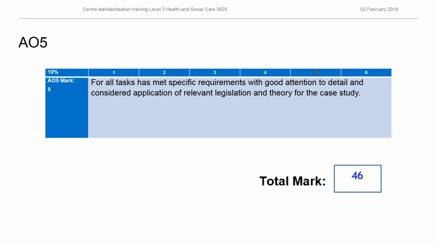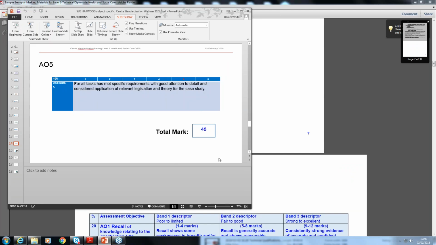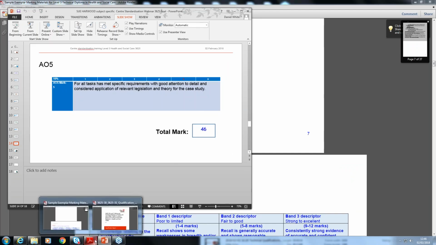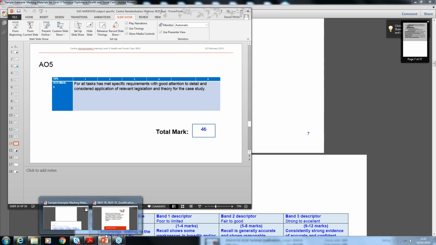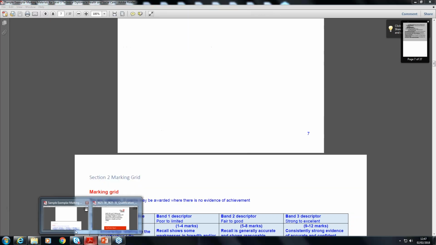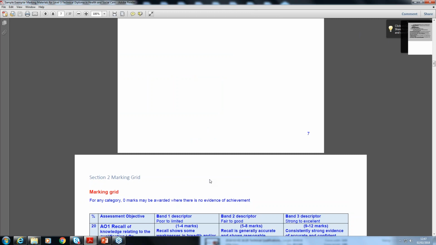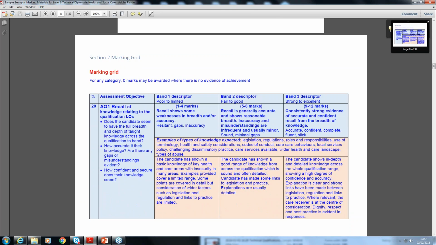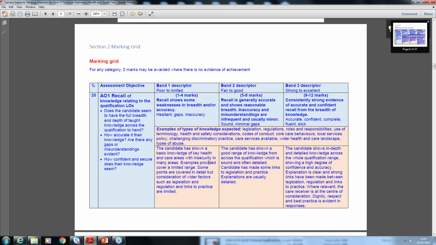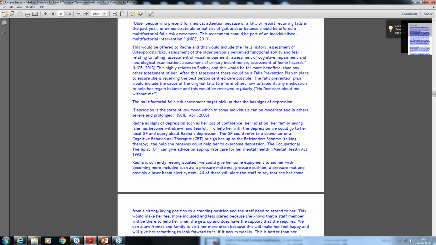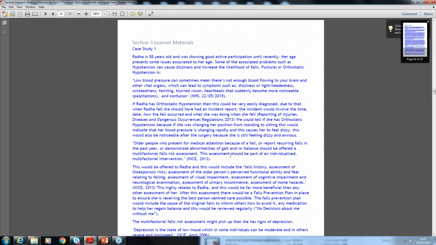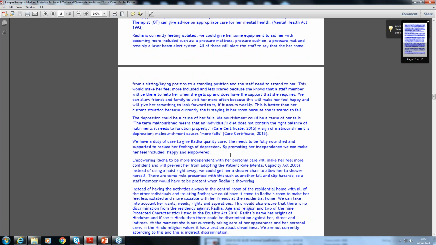So that's how we actually use the marking grid, and you've all seen that the total mark for this learner was 46, which would put them into the high banding area, which would eventually lead them into being graded a distinction learner. You've all seen the learner's evidence, and I would say it is really important for learners to be taught and guided in how to cite and reference their links to resources or any research they've looked at or any kind of resources from their work area.